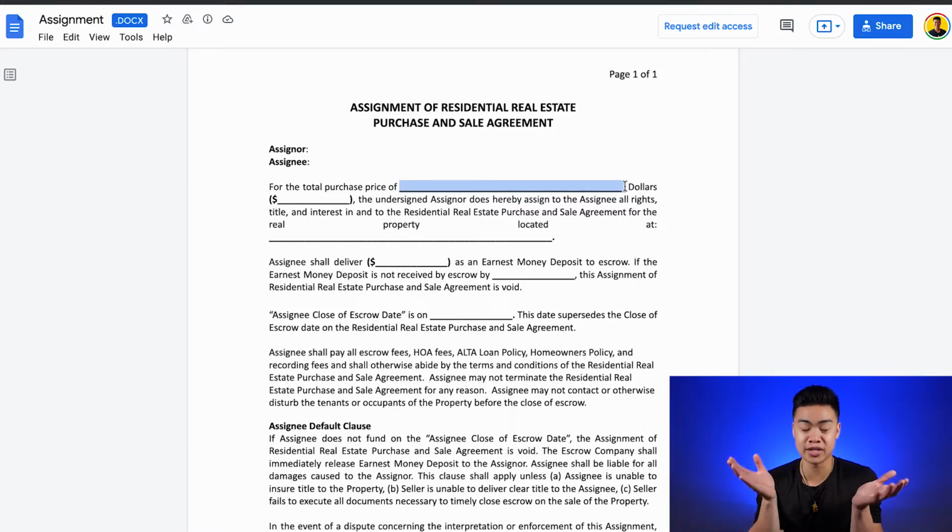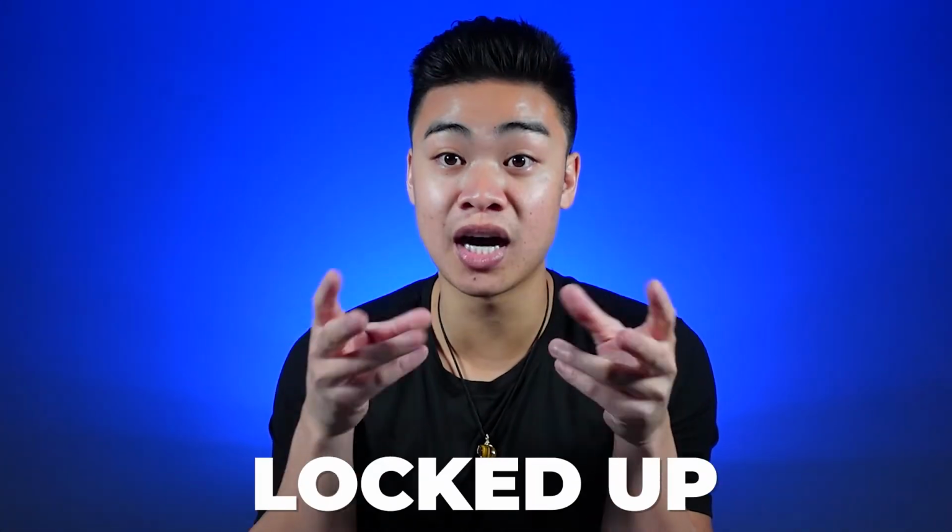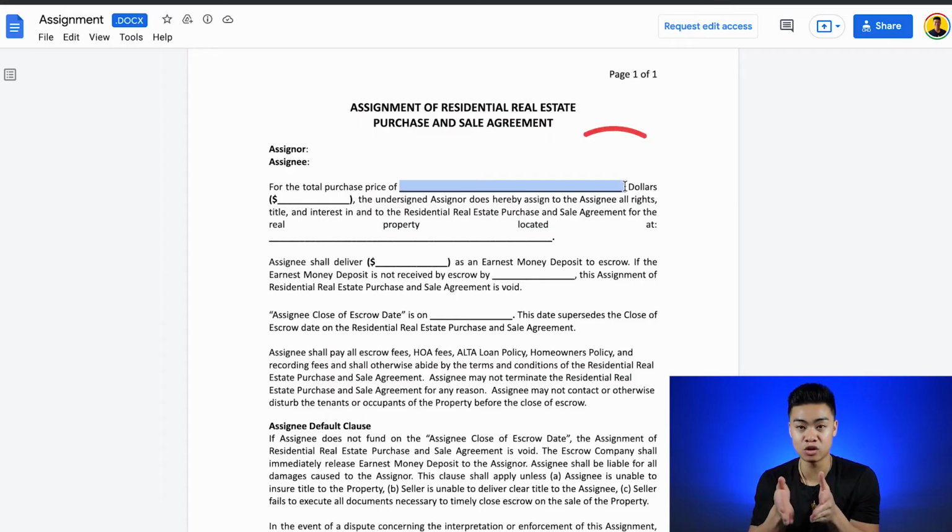is paying. So for example, if you have a home locked up under contract, meaning you wrote an offer to a seller, that seller accepted your offer, and now you are locked up. So you locked up the contract, you locked up the deal. That's kind of short term of what we say. But if you have a deal locked up at $100,000, so an accepted offer of $100,000, and you are looking to assign the deal to an end buyer to hopefully buy it for $120,000, you write the $120,000 in this line right here. So you don't write the $100,000 that you have it under contract for. You write what the end buyer is willing to pay for this.